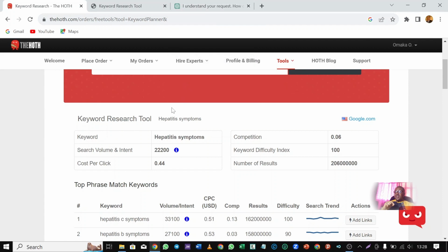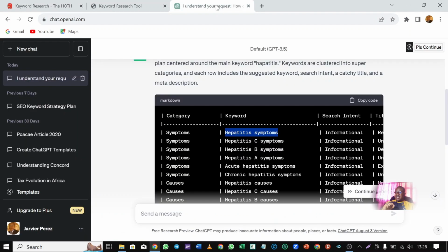And then let's go back to our ChatGPT because we've confirmed that there's actually a search volume for these keywords. Okay. Now, having known that this keyword is okay and people are actually searching for it to get information about hepatitis, what should our title read?